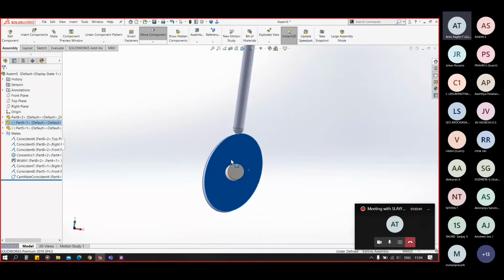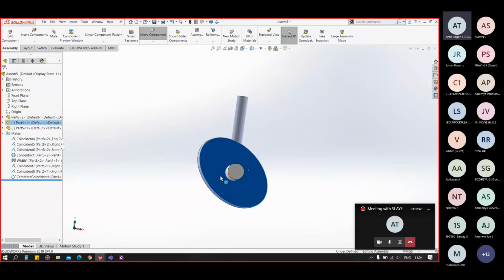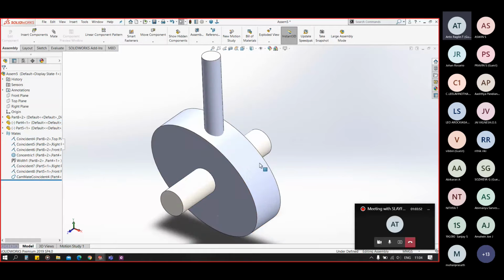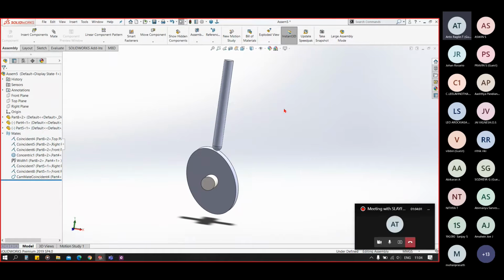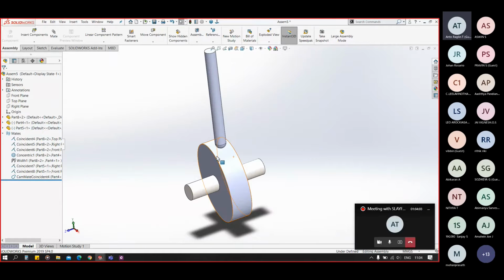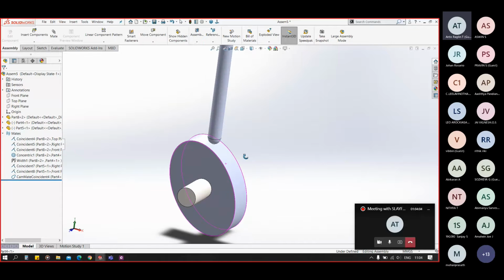This is a bug in software. You can see that, friends, it is sometimes rotating outside and sometimes rotating inside. Actually, this is a software bug. It's supposed to be rotating the outside only, like this. So keep in mind that this is a software bug.